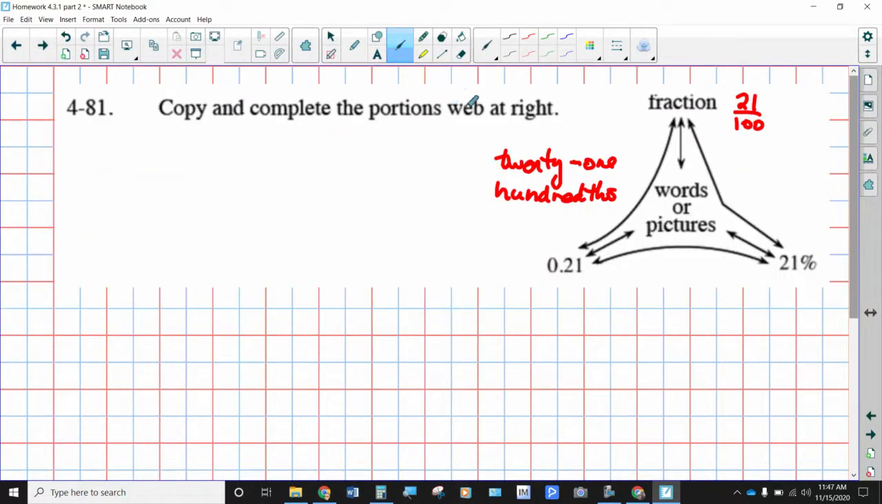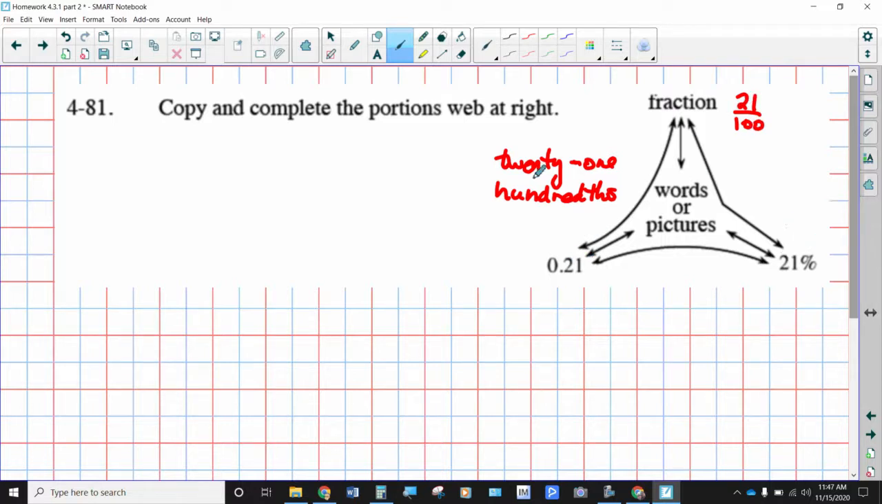Copy and complete the portions web at the right. Okay, so with portions, we're talking about fractions and decimals and percents. So we know it's 21%, so we can write that as a fraction because it literally means 21 out of 100. And then we'd want to simplify that fraction, but it's already in simplest form. So there's no simplifying that. And the decimal equivalent is already there, 21 hundredths,